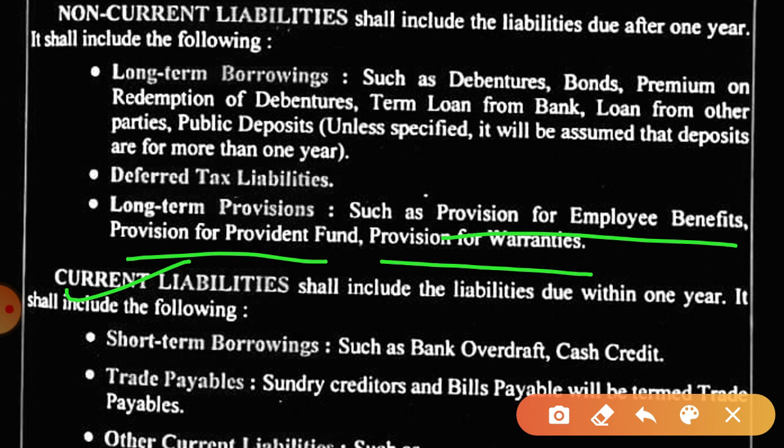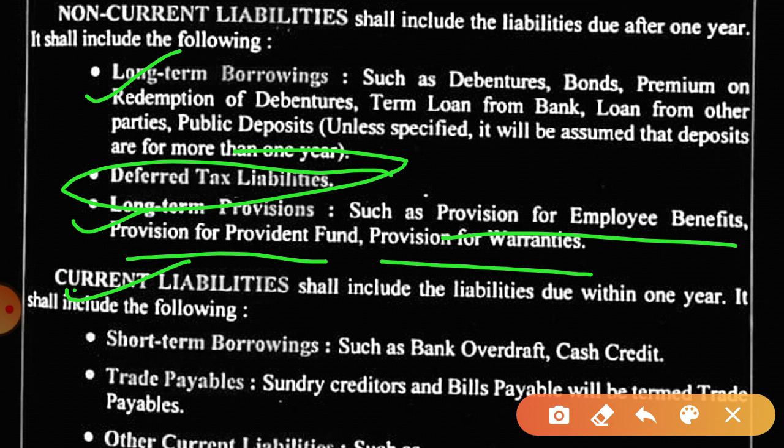Then the third head is non current liabilities. In that, four subheads are there, and only two are asked, that is long term borrowings and long term provisions. But what are the actual four subheads? First one is long term borrowings, second one is deferred tax liabilities, then other long term liabilities and long term provisions. But as you can see, only long term borrowings and long term provisions are shown, because the others are not asked, though I will explain them when required.